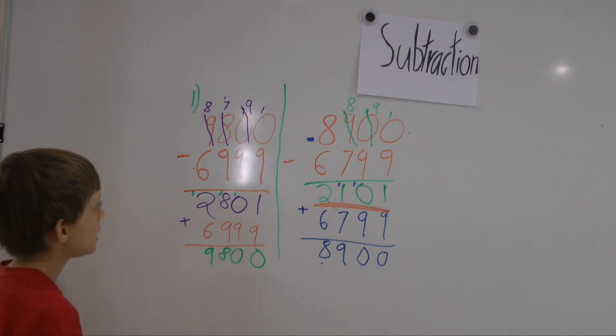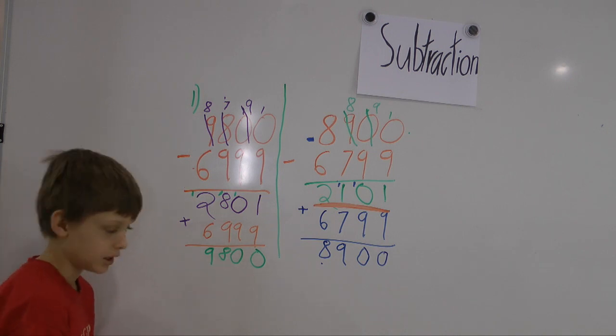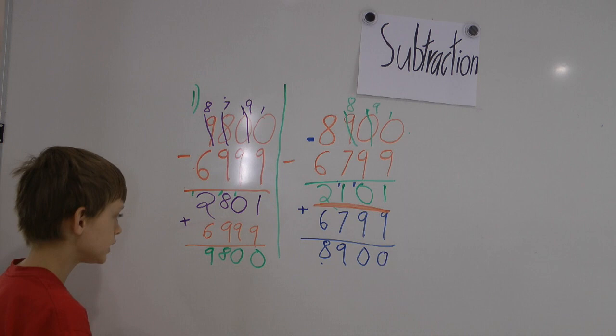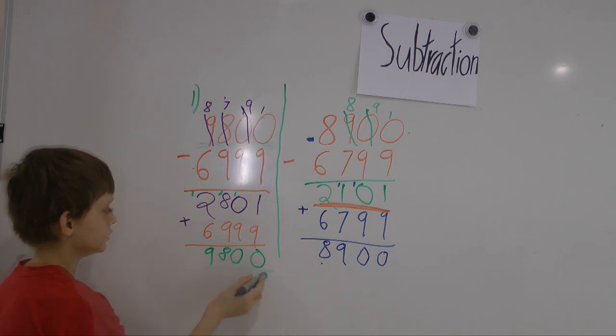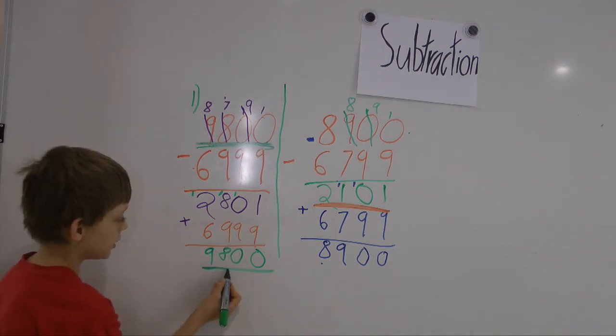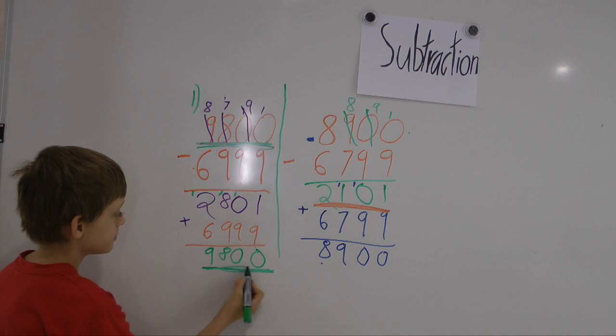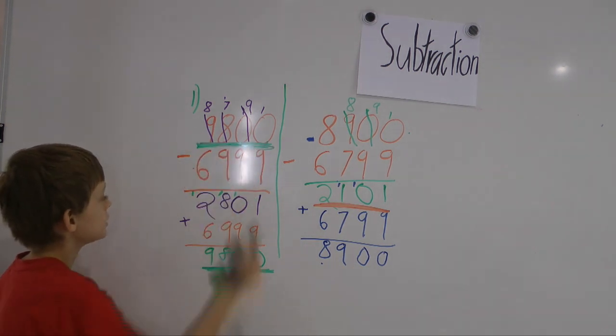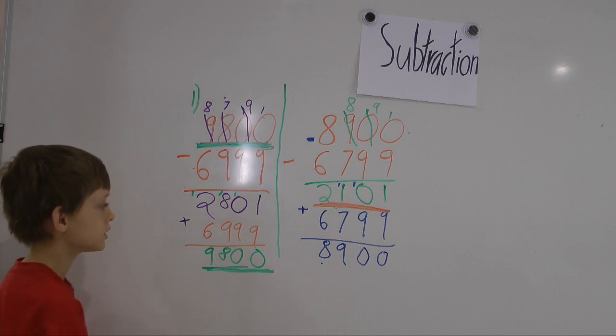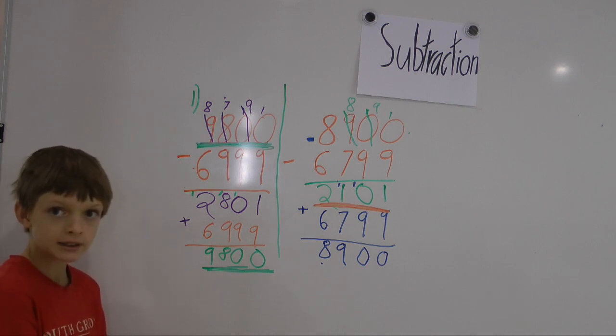Now, our top answer was 9,800, and our addition answer is 9,800. Since this bottom number is the same as this top number, that means we are correct in saying